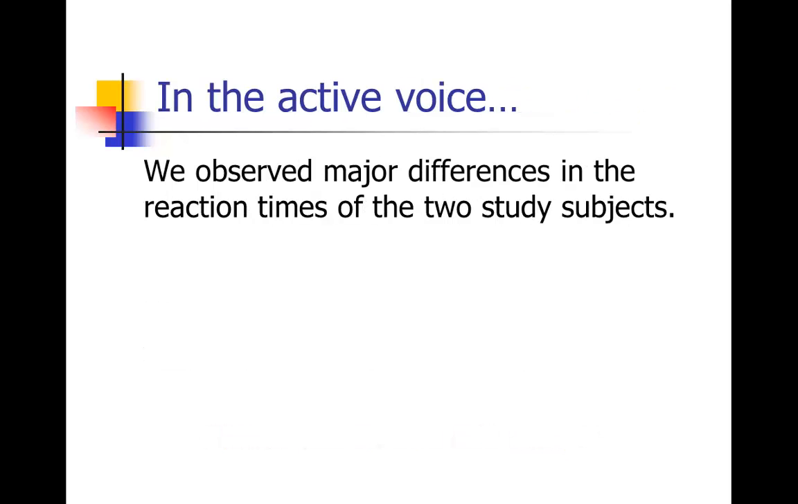To turn that one into the active voice, you had to recognize that there actually wasn't a subject in that sentence that I gave you. So you had to kind of guess, well, probably this was something in the results section of a scientific manuscript, so we can either put the authors or the researchers or just we if it's written in the point of view of the researchers. So you have to add a subject there. We observed, or even the scientists observed, or the authors observed, major differences in the reaction times of the two